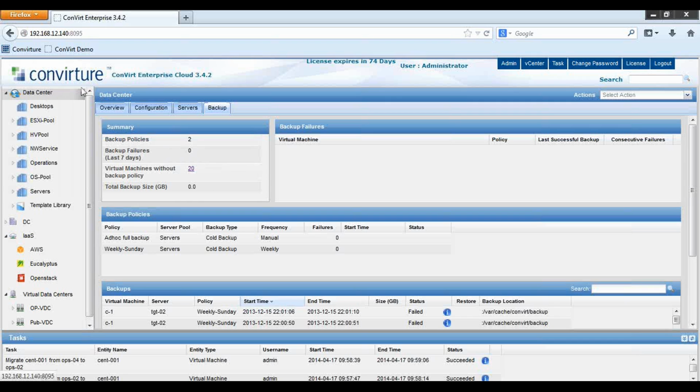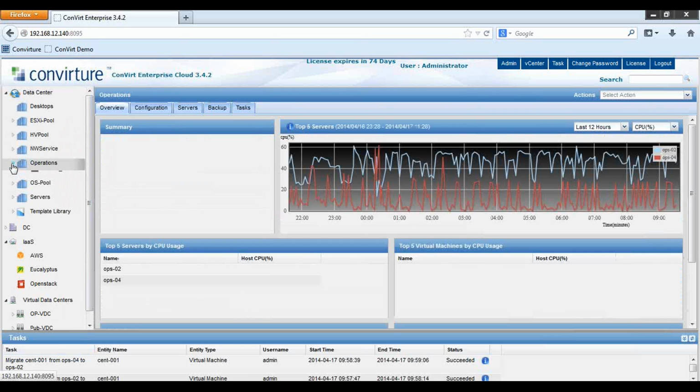All right, so that's kind of just a view of things. Oh, and then down here at the bottom is the taskbar, and this provides a view into all of the background operations that are going on. So anytime we kick off an operation, you'll see it here. And so if we talk about kicking off an operation, let's take a look here maybe at the operations server